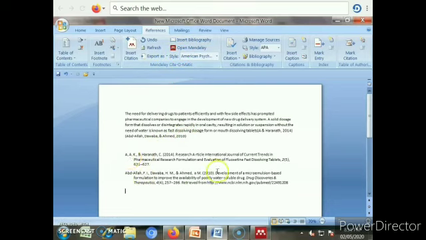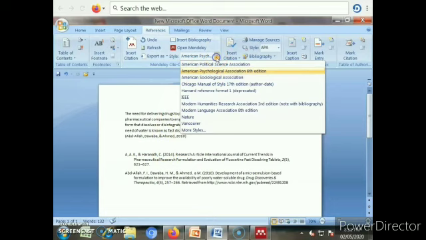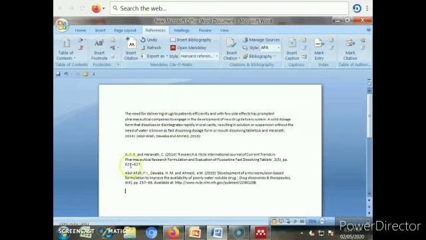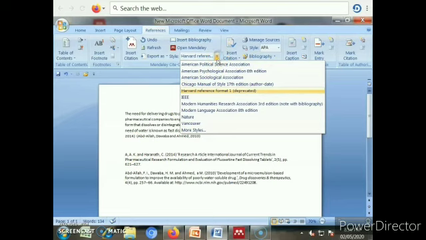Here we can change the style of this reference also. Now here we have used the American Psychological Association. We can change it to Harvard. So in this way we can change to Harvard also. In this way we can insert the bibliography in a Microsoft Word document. We can change the style of these references; various styles are there. Vancouver is there, Nature is there, different styles are there, but if we require any other type of style, then